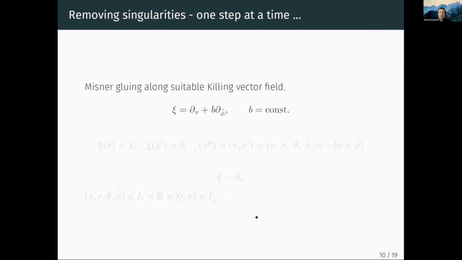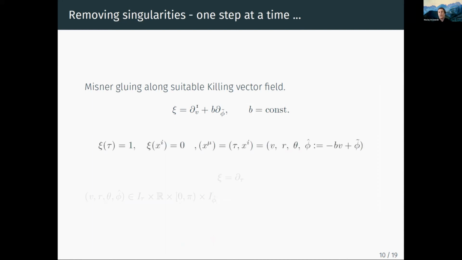As our second attempt, we try to do something smarter. So maybe we have to change the generator of our U(1) action. To do that, we consider a general Killing vector field. Because we are only interested in the orbits of this field, it's sufficient to consider a one-dimensional family parameterized by B, which gives us everything except the pure rotation.